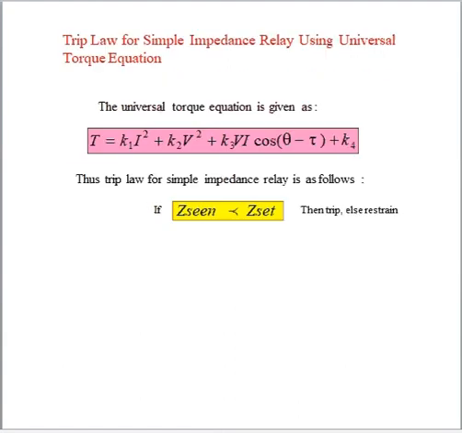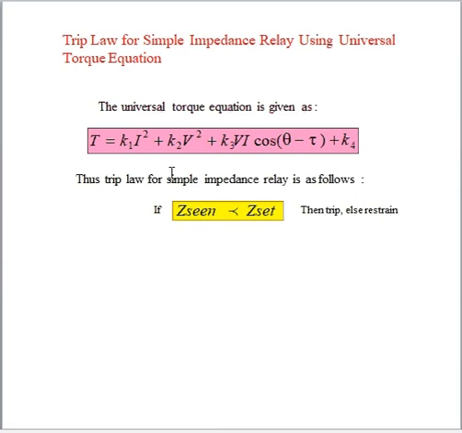Next you can see this is the universal torque equation. You already know this is the universal torque equation. Torque is K1 I squared, meaning torque is proportional to I squared, plus K2 V squared, plus K3 V I cos(theta minus tau), and K4 is some constant. This is the universal torque equation, you already know about this. And after that